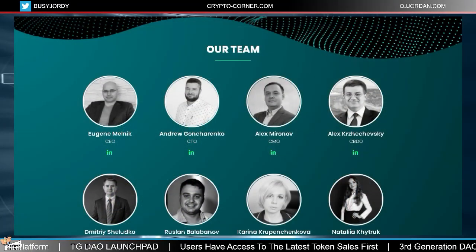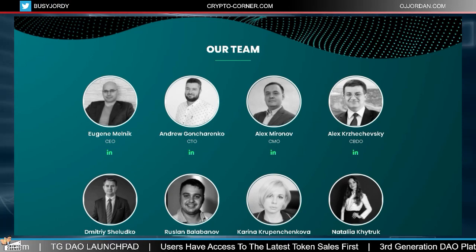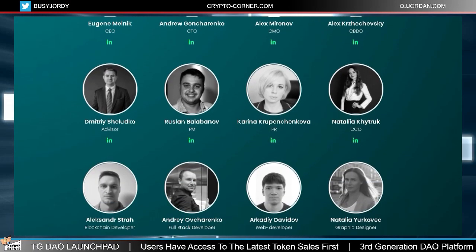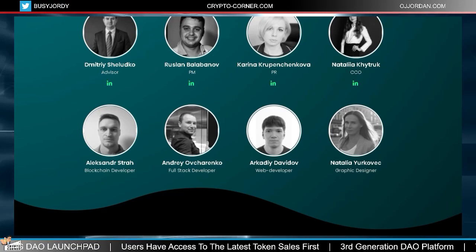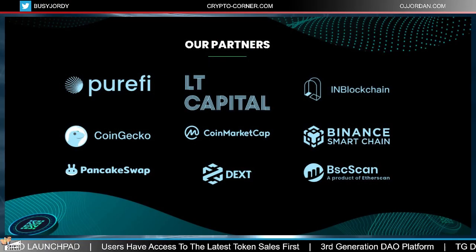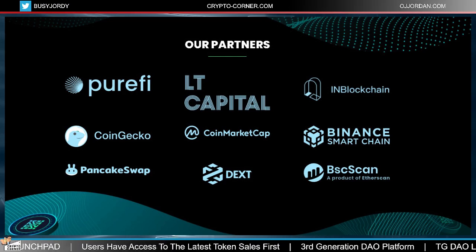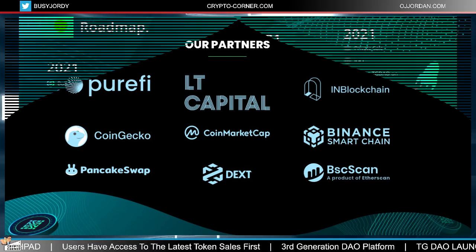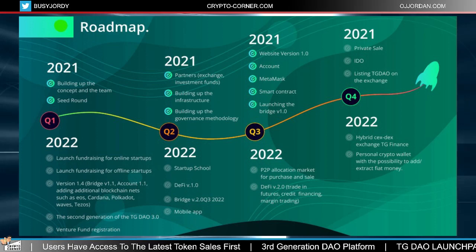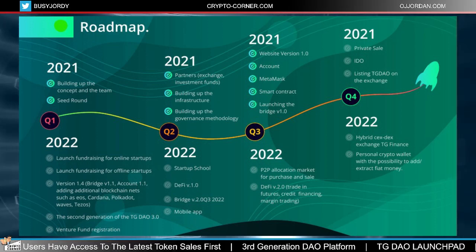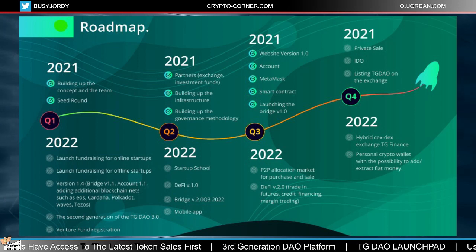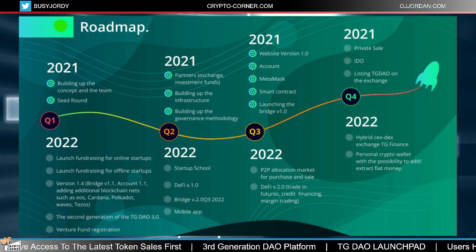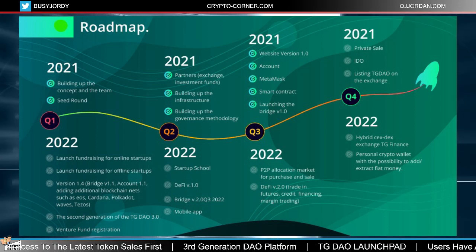Alright, well, all in all, this is a project that I think will attract many users due to its decentralized nature. It's a real DAO without a hidden team and token holders. It's a launcher with ready-made products, not just an idea. The Launchpad already offers the following features: assistance in the selection of a team and partners, team acceleration. It provides an environment for testing the product under development. It's providing access to the technological resources of the TG ecosystem, also token listings assistance. It's got a support system for startups after receiving investment.